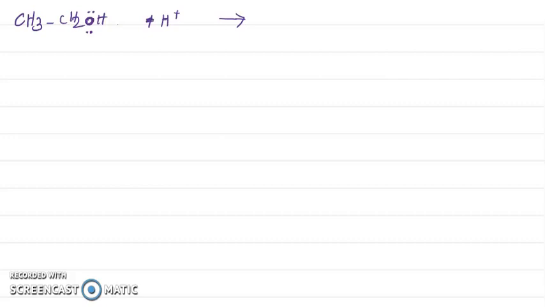So first we have to find out the protonated alcohol. I have written here CH3CH2OH. The oxygen atom has two lone pairs here. So I am doing the protonation of ethyl alcohol. What will you get? The protonated alcohol, right? Here CH3 CH2, and a lone pair is present on the oxygen atom. The proton will come and attach to the oxygen atom because it has a lone pair. The negative group is attracted by the proton.